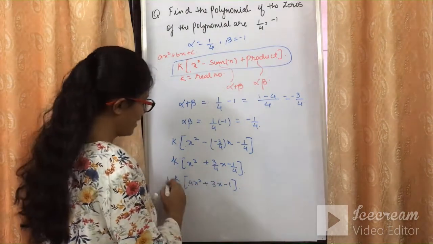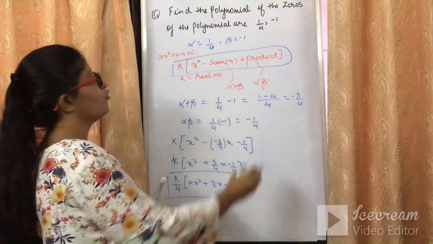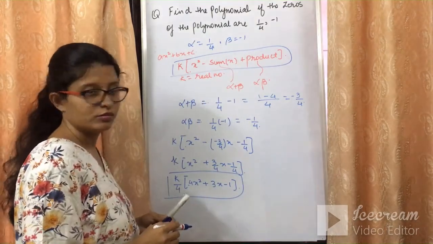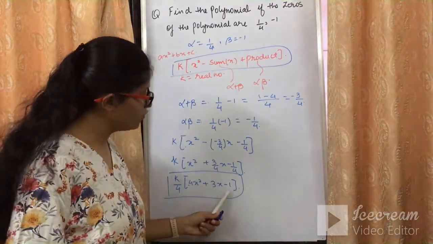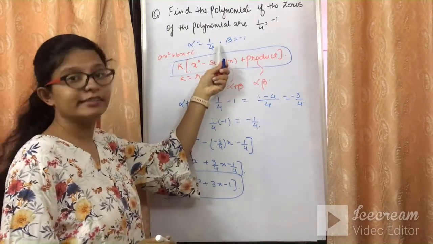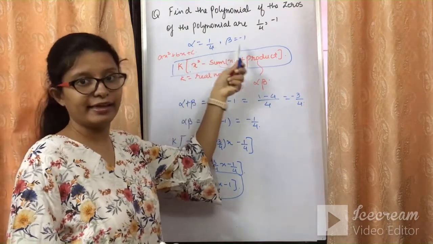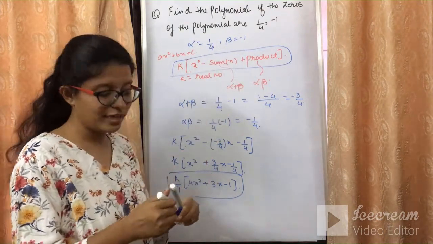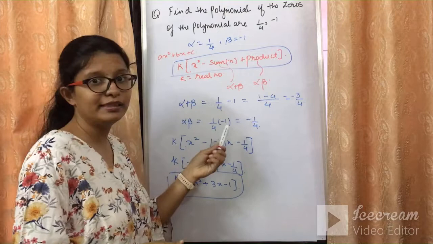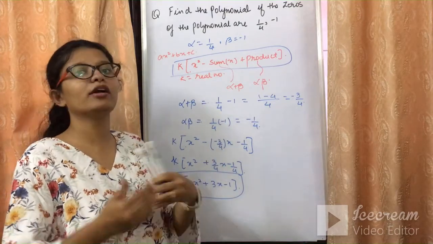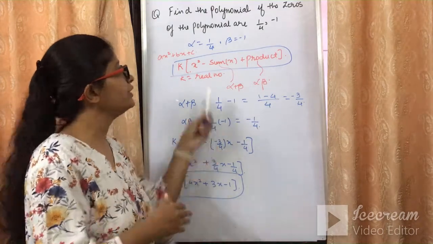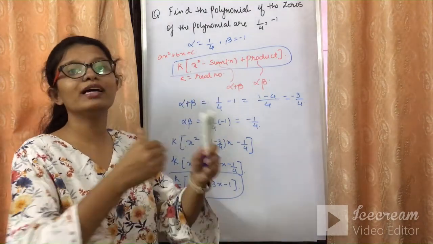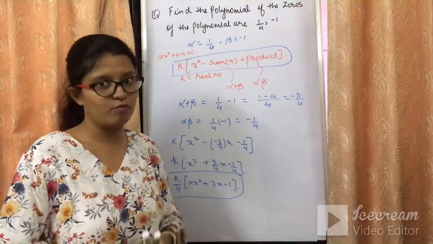So this is nothing but my polynomial for the given zeros. These two zeros का ये polynomial बनेगा. अगर आप इसको solve करोगे, इसके zeros निकालोगे, तो यही दोनों zeros इसके आएंगे. So that is what, vice versa. अभी तक हम लोग क्या कर रहे थे, polynomial हमें दिया जा रहा था, हम लोग zeros निकाल रहे थे या sum of the zeros and the product of the zeros निकाल रहे थे. अभी हमको क्या दिया जा रहा है, अभी हमको zeros दिए जा रहे हैं और बोला जा रहा है कि उससे equation को form करना है.